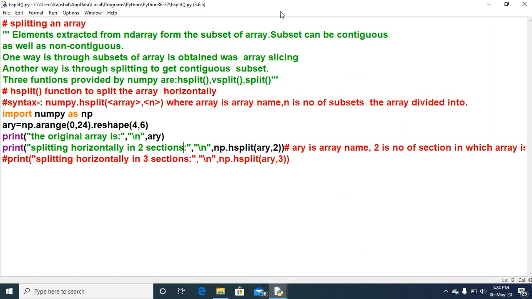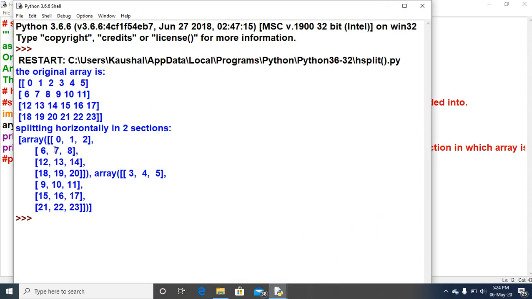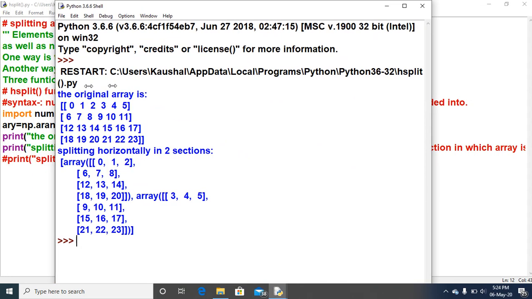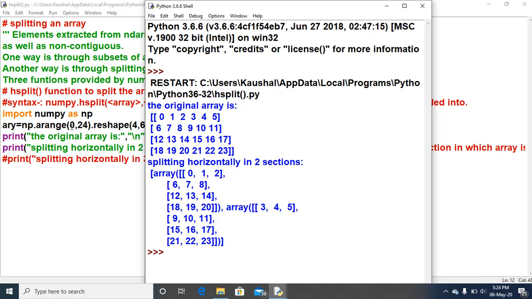I want to execute it fresh so that there is no confusion for you. np.arange(0,24). I told you that elements 0 to 23 will be there in the form of 4 rows and 6 columns. The 1D array is now converted into a 2D array with the help of reshape.